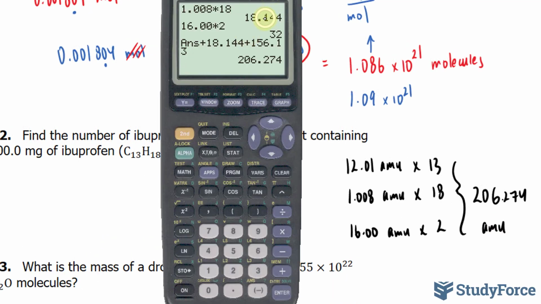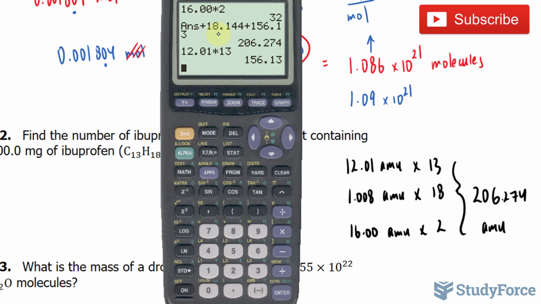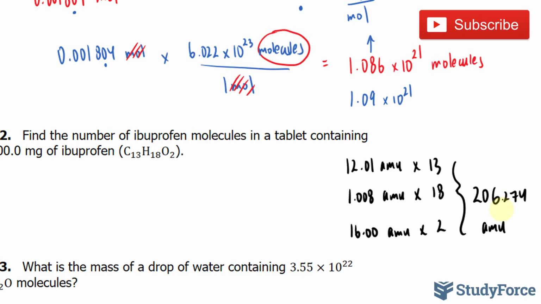Let's go back to our calculation. Notice that this number had 3 numbers after the decimal place. This number should have had 2, but it's not shown in this calculator. And our first calculation also had 3. So when it comes to adding numbers, which is what we did over here, our final answer has to have the same amount of decimal places as the one with the lowest. And because the lowest amount of numbers after the decimal place was 2, then our final answer should be rounded to 2 numbers after this decimal. So this 4 is insignificant, although we'll continue to use it in our calculation to prevent any sort of rounding error. Our formula mass is